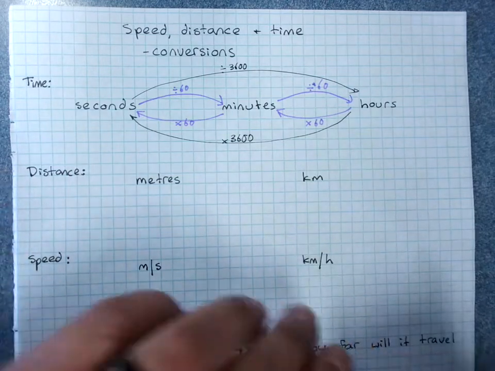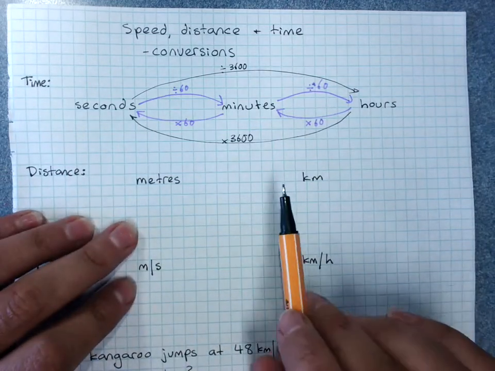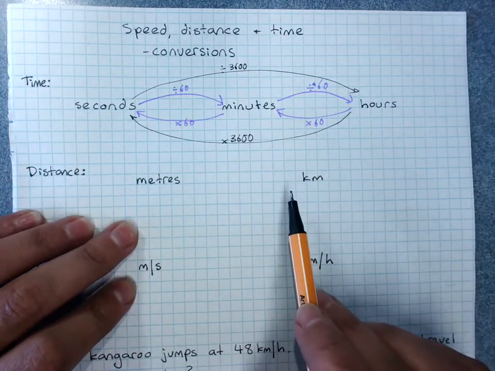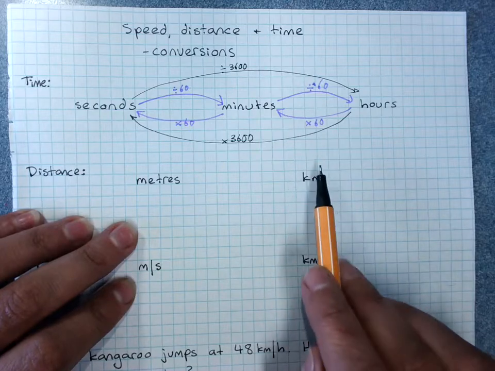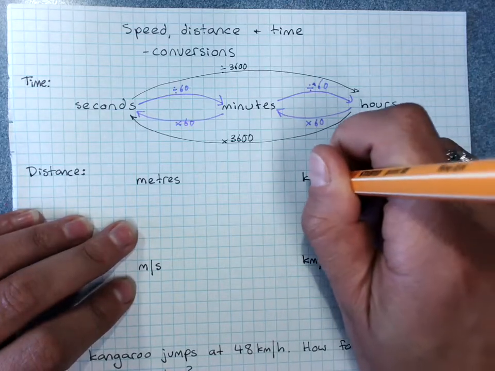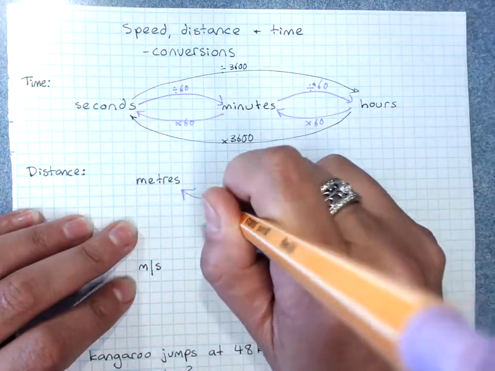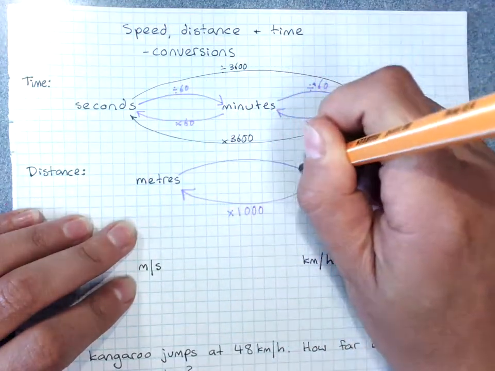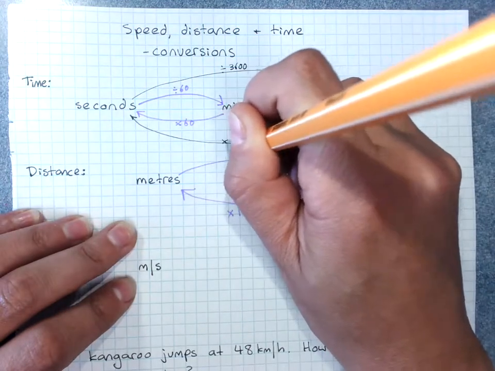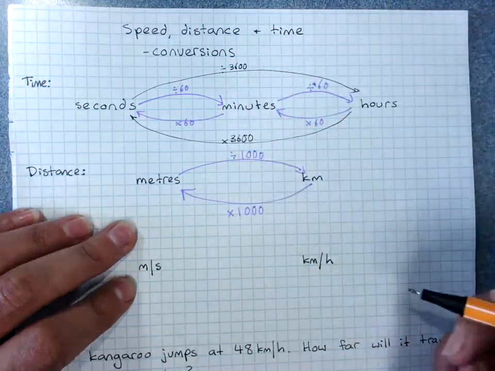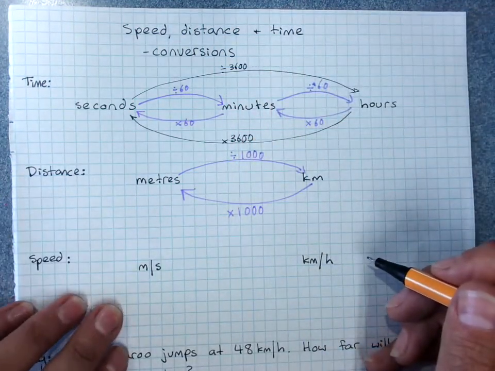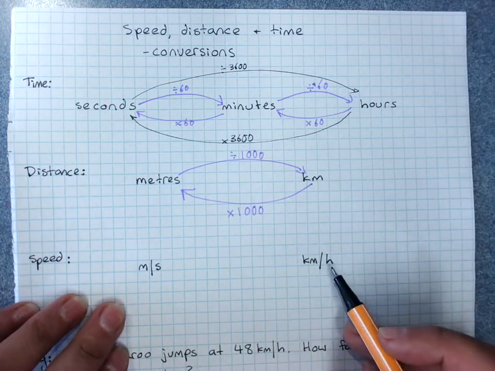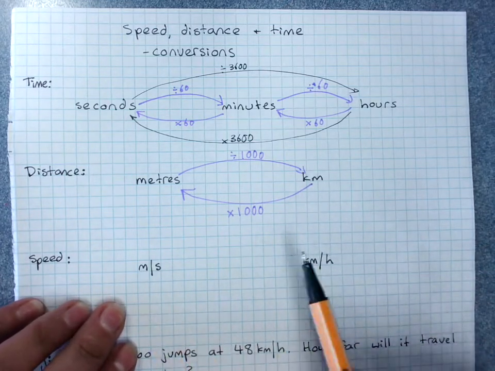Distance is much easier, meters and kilometers. There's 1,000 meters in a kilometer. So you can see if I had 1 kilometer, to go to meters, I'd times by 1,000, and that means to go from meters to kilometers, I would do the opposite. I'd divide by 1,000. Now, meters per second and kilometers per hour, converting speed, you can convert it all separately,